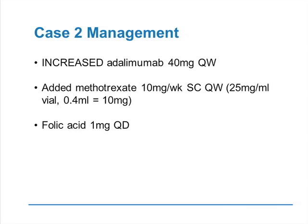In her case, we increased the adalimumab to 40 milligrams every week, and we added methotrexate 10 milligrams per week subcutaneously. And she actually did very well. We also gave her folic acid because she was on methotrexate, and she cleared. So in a nutshell, when faced with these patients who are on anti-TNF therapy, who develop new-onset psoriasiform reactions,